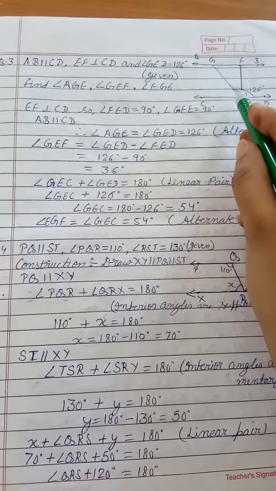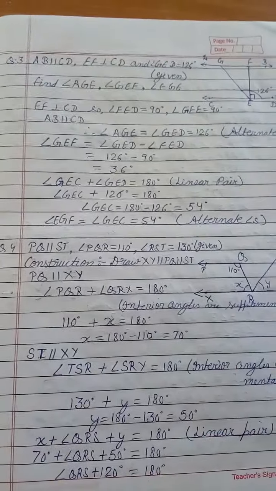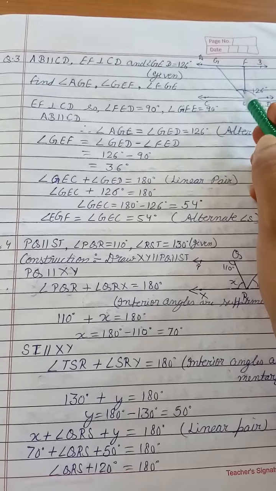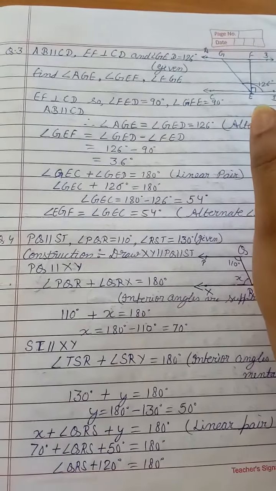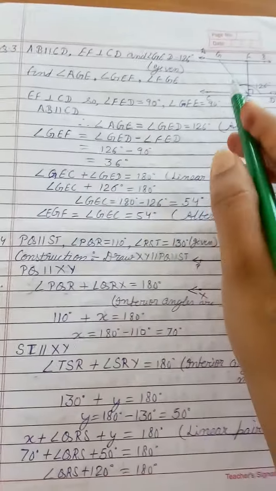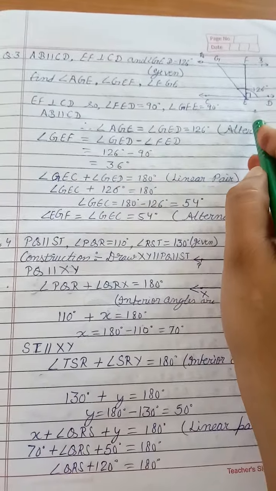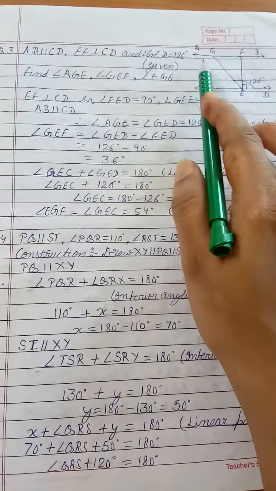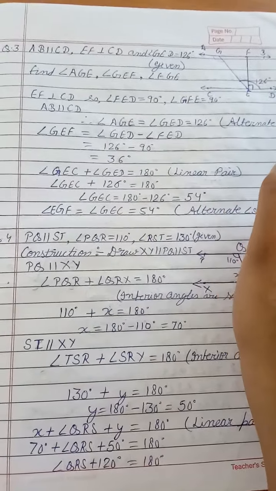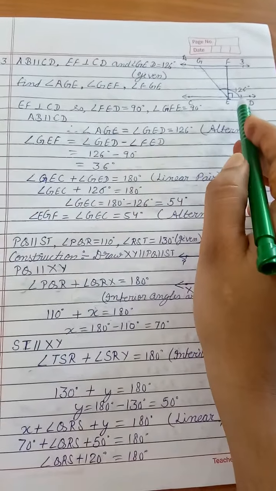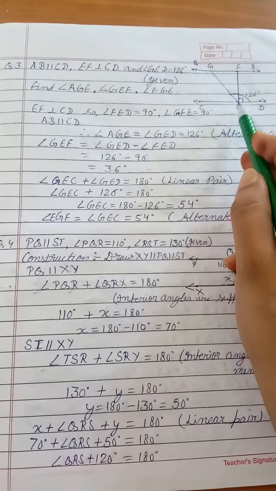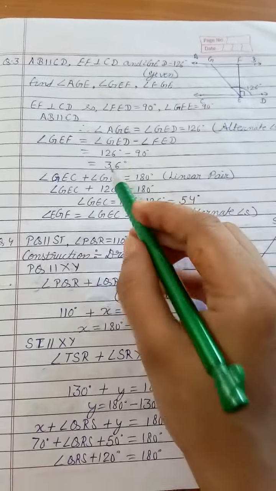ये 90 डिग्री है और ये कंप्लीट एंगल 126 डिग्री है. सो अकॉर्डिंग टू दैट अगर हम इस 126 में से 90 सब्ट्रैक्ट कर देंगे तो we will get the value of GEF. So that will be equal to 126 minus 90 करेंगे तो 36 डिग्री आ जाएगा. And as we know that AB is parallel to CD, so AGE this angle will be equal to this angle by alternate interior angles. So value of this AGE will be equal to 126 degree by alternate angles, and we have already find the value of GEF, that is 36 degree.